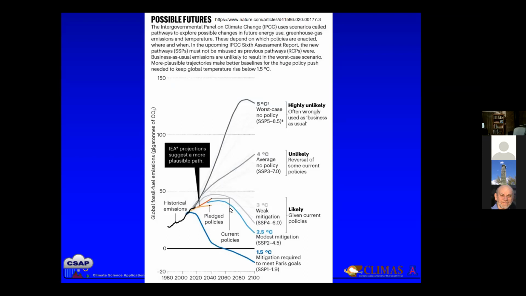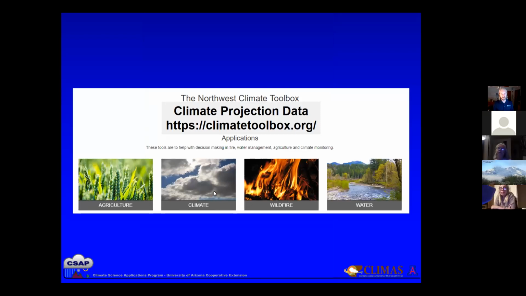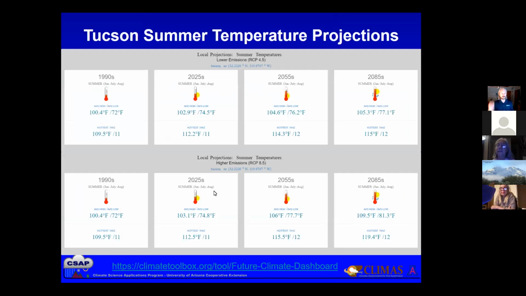And again, these projections are not forecasts. They give us some understanding of changes in local climate based on our understanding of how climate works within these climate models. Okay, so I'm going to pull data from this really handy tool you can play with, very easy to use, climatetoolbox.org. And you can drop a pin, and then you can get a lot of different variables scaled